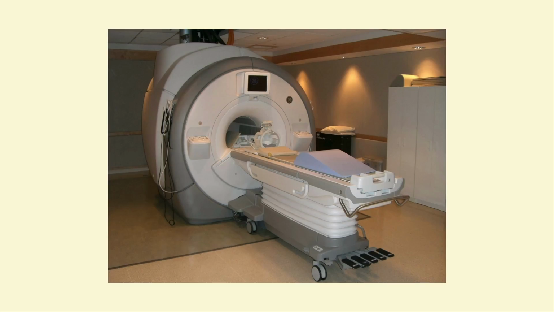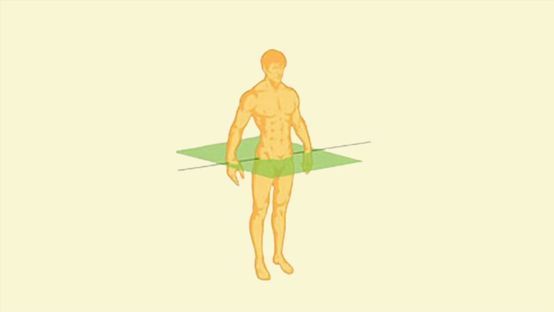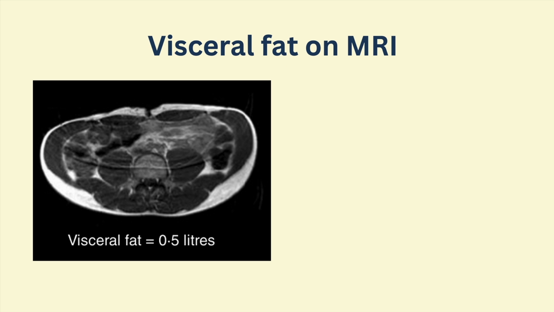Well, the best way to understand and visualize different types of fat is through an MRI scan or a CT, but MRI doesn't involve radiating you. So what we can do is basically take a slice of your body at different levels and look at what's going on under the hood. So you can see in this patient, this is an incredibly healthy person. In the white is fat, it's subcutaneous, and everywhere else there's very little fat inside the abdomen. Visceral fat, half a liter.